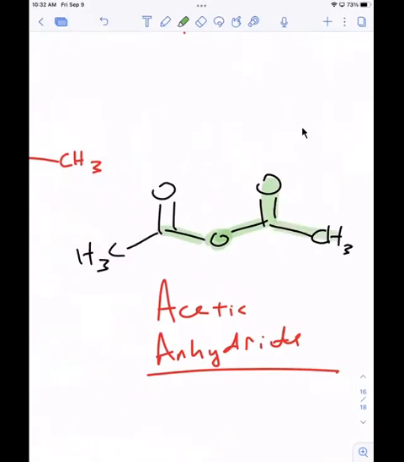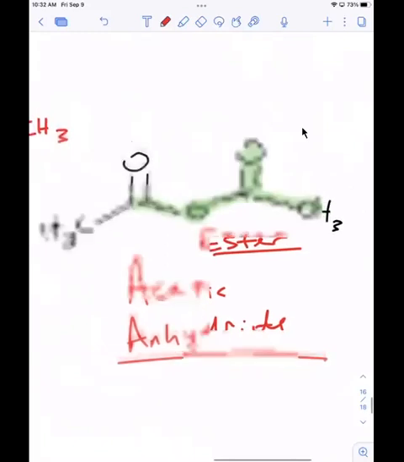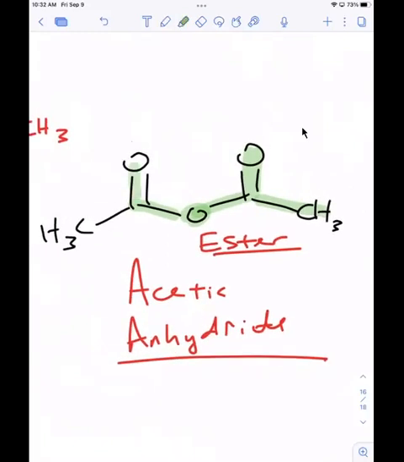What do you think? Anybody? Does that count as an ester? It is. That's very good. An anhydride is a type of ester, right? It's a specific type of ester, so we call it an anhydride. This type of ester has an oxygen linkage here between the two carbonyls,